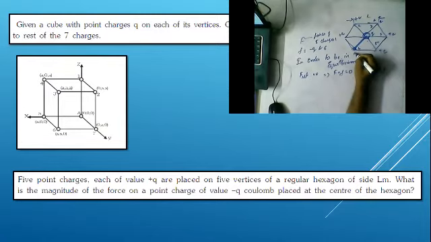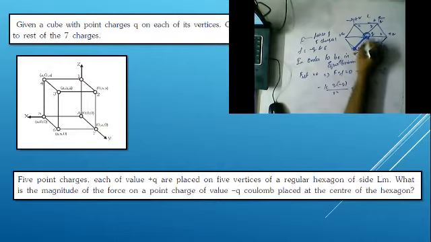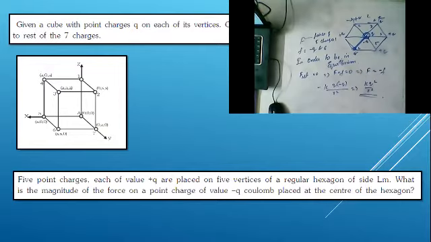Now this is which, guys? Here it is a plus q. Here it is a minus q. So we are getting the formula minus k into q into minus q by r square. Okay, so ultimately our answer is, r is nothing but the distance between here. So ultimately our answer is kq square by r square. That's it. The force here, it is the magnitude of force on a point charge of value minus q. So here it is how much, guys? kq square by r square.